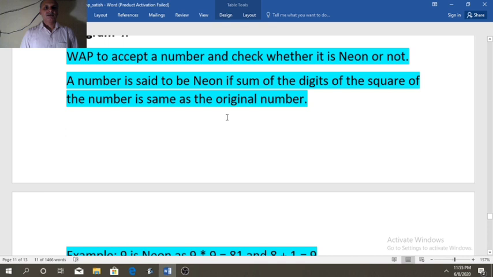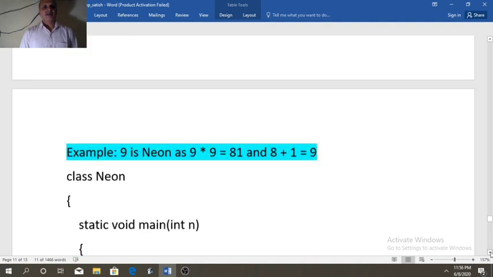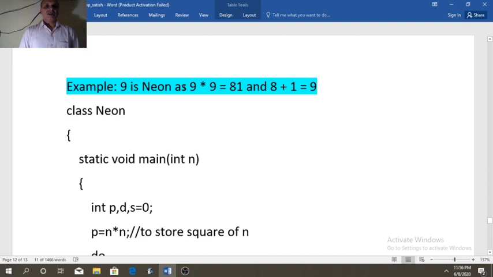A number is said to be neon if the sum of the digits of the square of the number is the same as the original number. For example, 9 is a neon number because the square of 9 is 81, and the sum of the digits of the square, that is 8 plus 1, is the same as the original number.